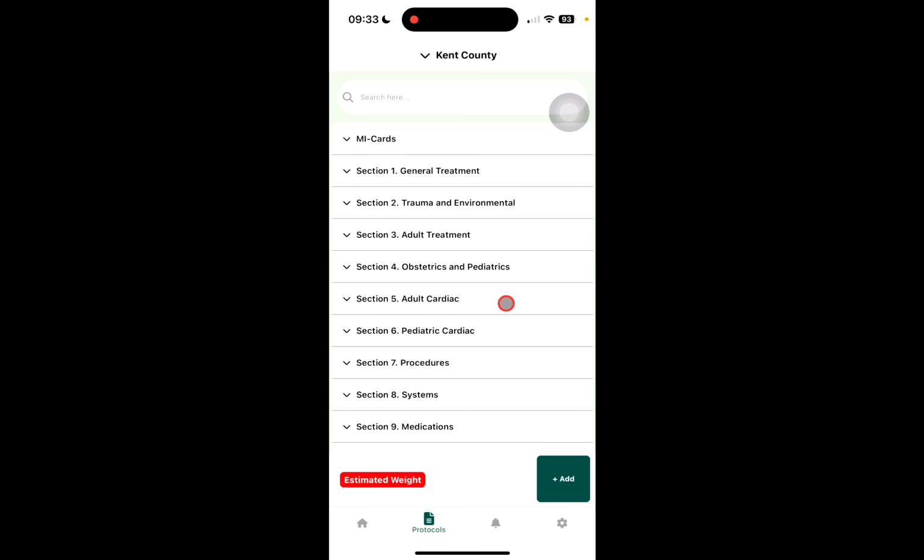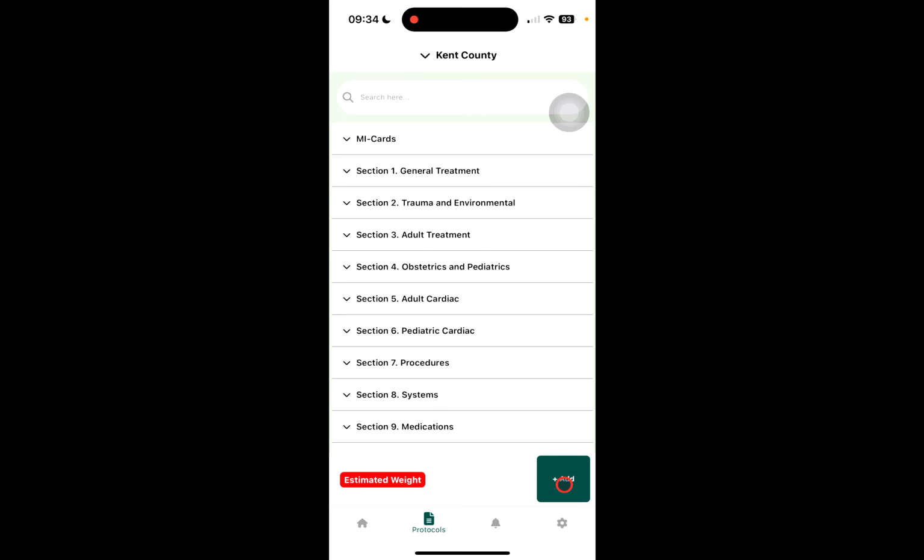So now that you know how to navigate the protocols, you've probably noticed this section just above the navigation icons where it has the weight calculator. This is pretty important to utilize, because this will actually take the weight and calculate the dose according to what protocol you select. So it's really important that if you are looking for medication dosages, you have the weight selected first prior to navigating to the appropriate protocol, just to make sure that all of the dosages and concentrations are correct per